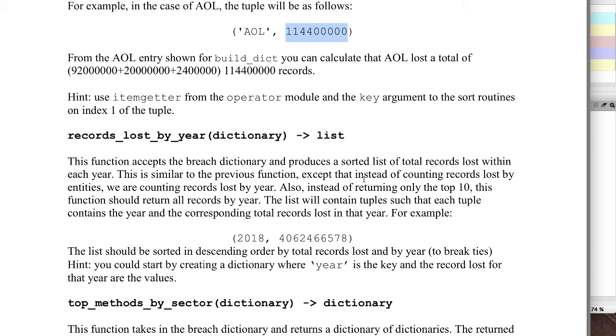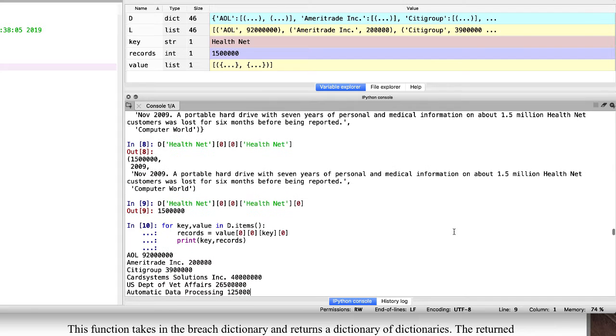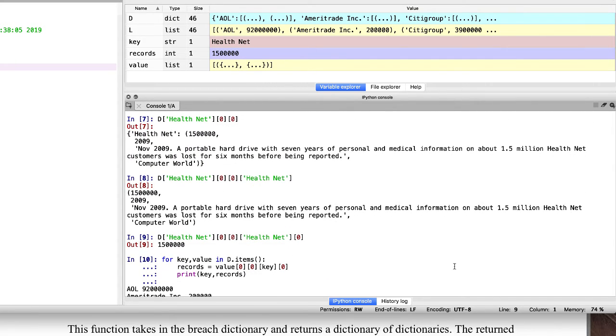So that's that one. How about the next function where you have to do it by year? So what we're doing is we're grabbing a year and all the records for that year. It's like, okay, so how many records got stolen in that particular year? Well, we're going to do something very similar. But when I look at one of these entries,